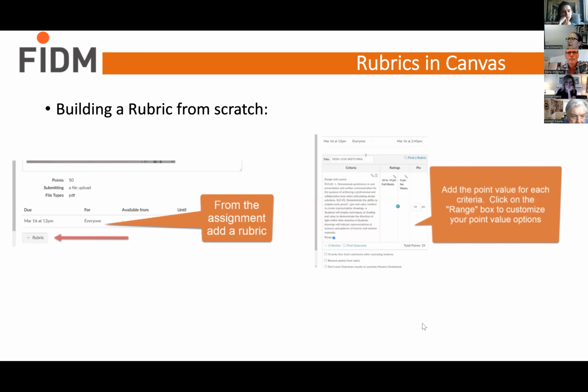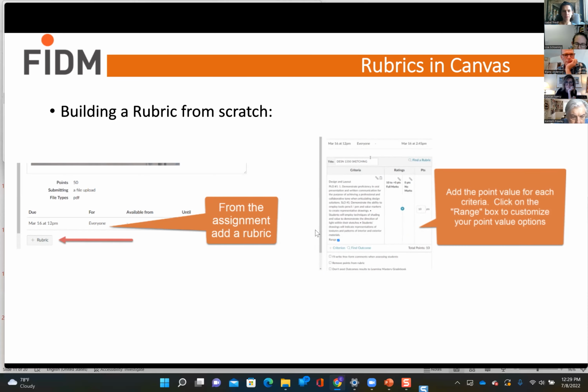All right, so I'm going to go back in and show you this one. If you go and you say, well, I don't have a rubric that will work, you can then also build a rubric from scratch. And say you have a Word document, the easiest way to do a rubric from a Word document is to copy and paste into your rubric build. And I'm going to switch over to